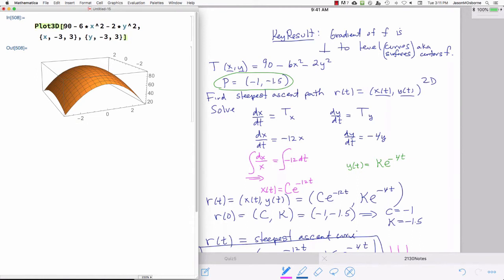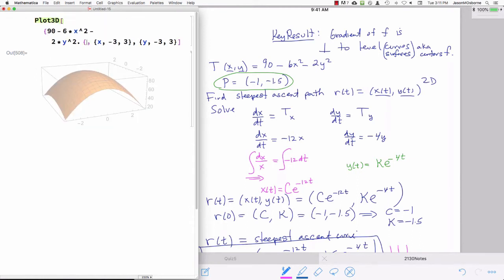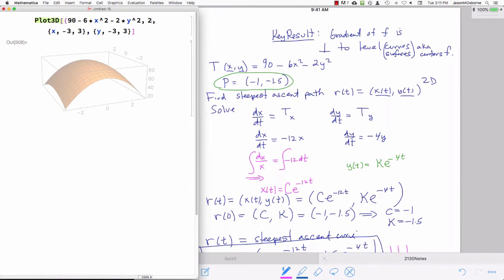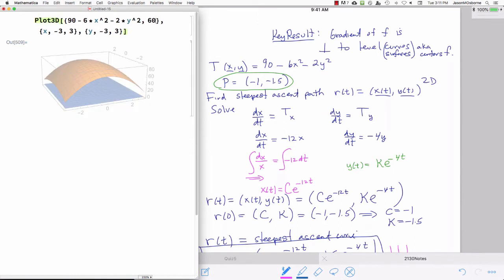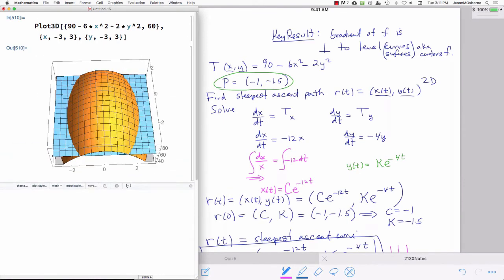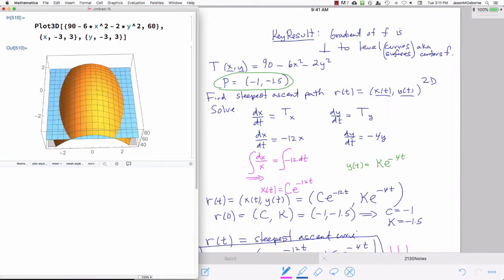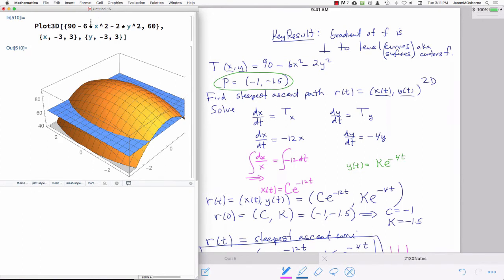If you took that temperature function and cut it with, say, some plane z equal to 2, let me move this up. How about 60? Then the curve you get when the blue constant 60 plane slices the temperature function is what's called the 60 isotherm of the temperature. If you put enough of those